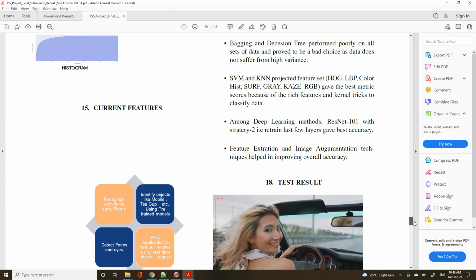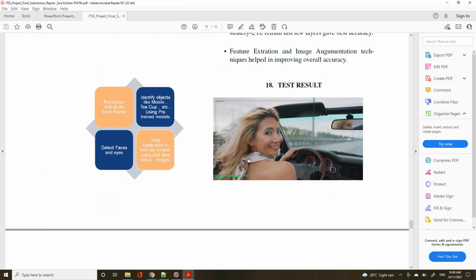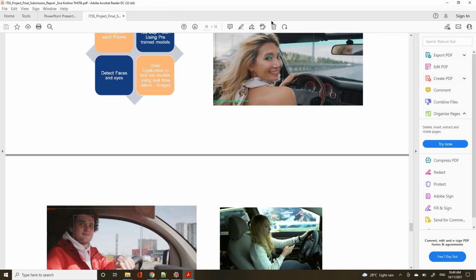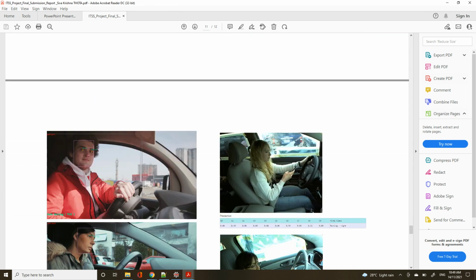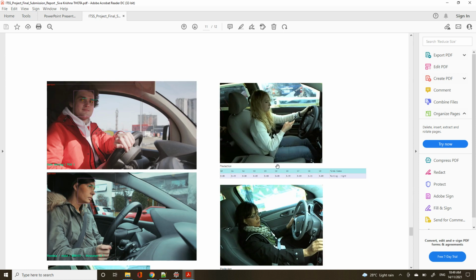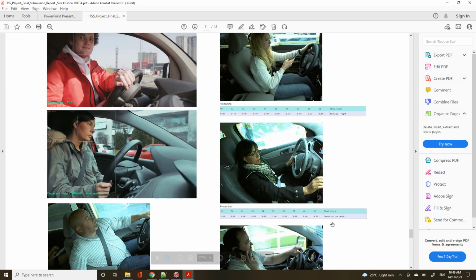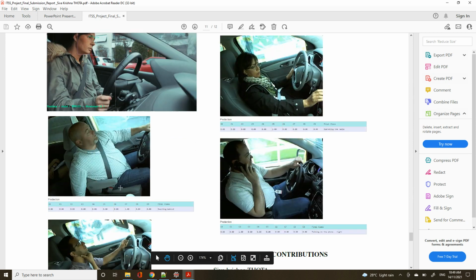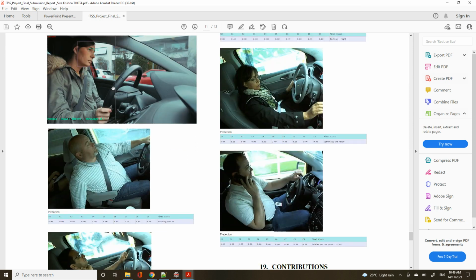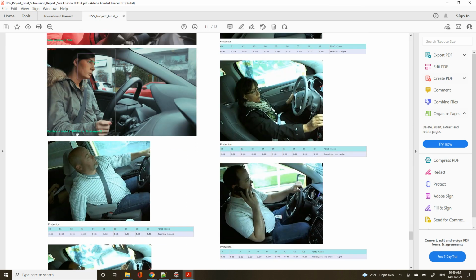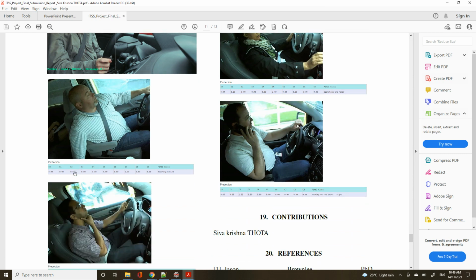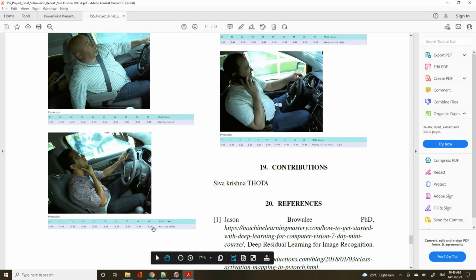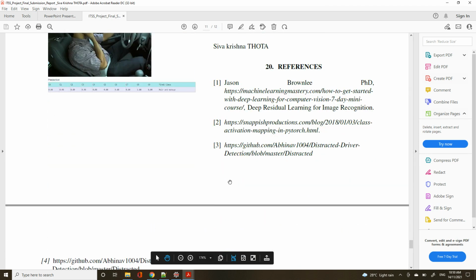What I mentioned in the good outputs: talking to passenger, test results, VGG, left eye, right eye, we are localizing, and safe driving, texting right, operating the radio. This is a bad output: texting right. This is reaching behind, talking on the phone, right? Hair and makeup. These are some references.